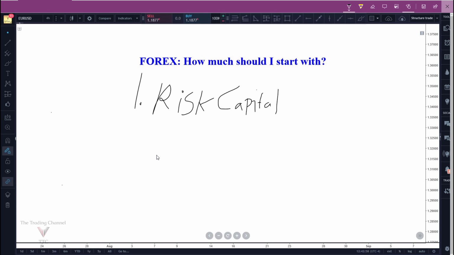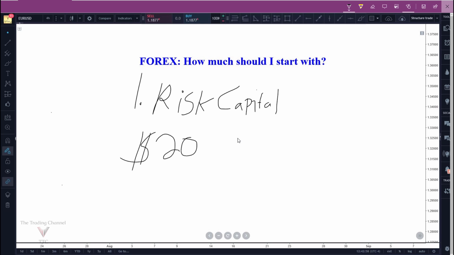So I get a lot of questions on this subject, and I have some traders that ask me if it's okay to start a $20 account, and if it's okay to start a $200 account, and even a $2,000 account. And so what I'm going to do is just share my opinion with you guys for now. In my opinion, it would be completely unproductive to start a trading account with $20. And let me explain why.